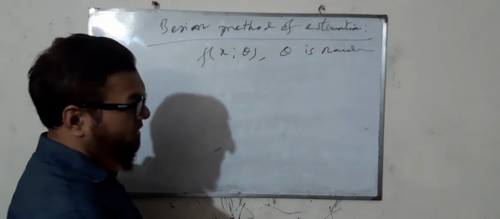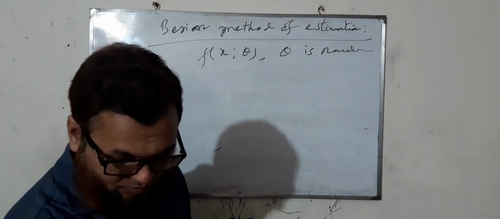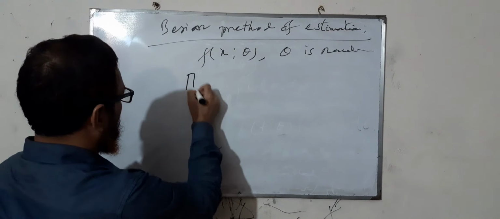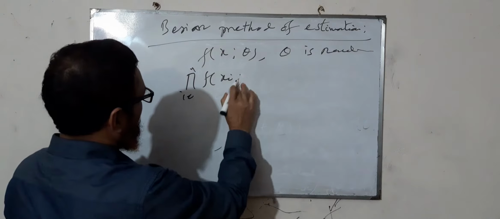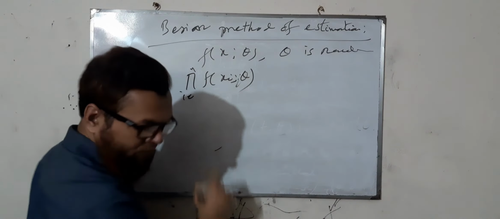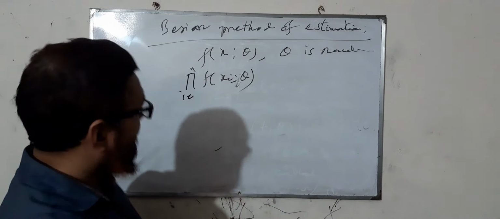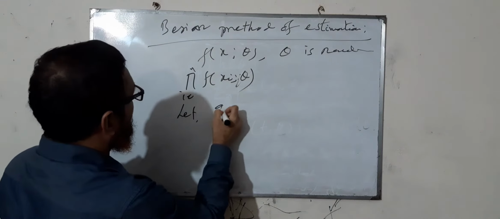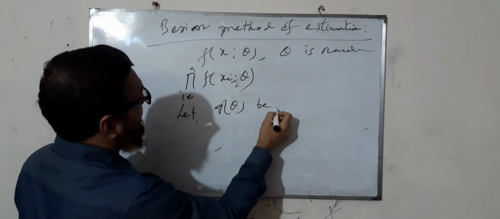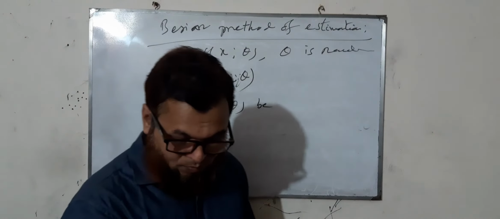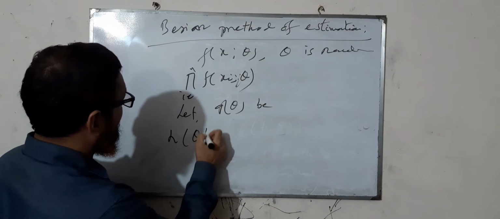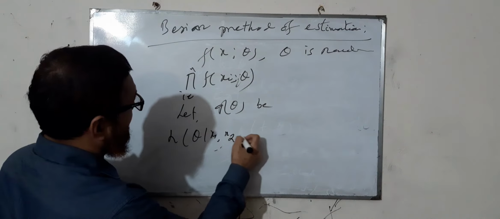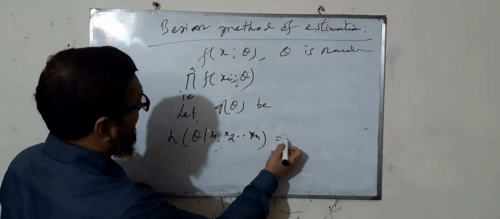Then the joint density function of the random sample is denoted by f(xi, theta). Let pi(theta) be the prior density function of theta. Then the posterior density function of theta is given by